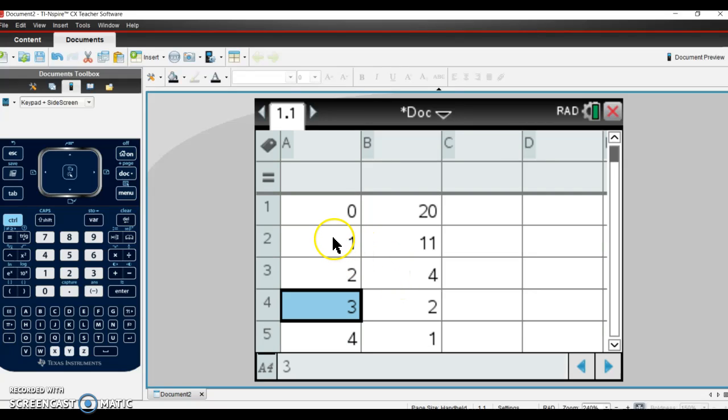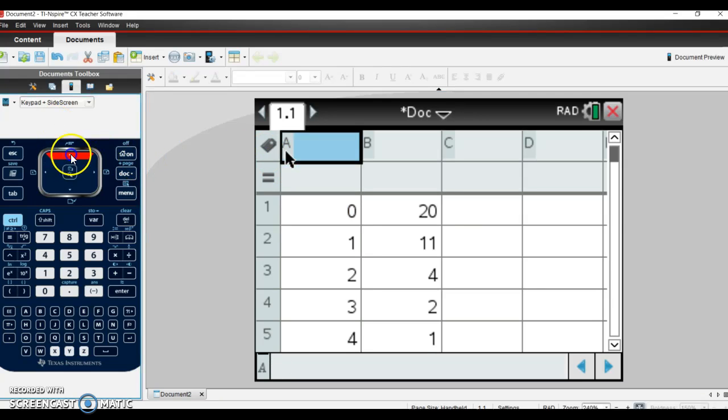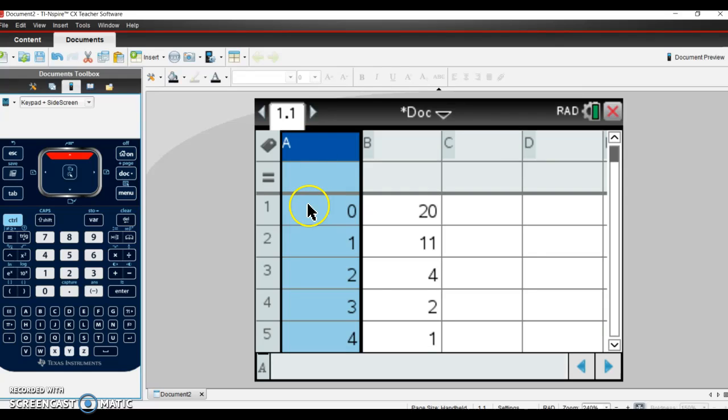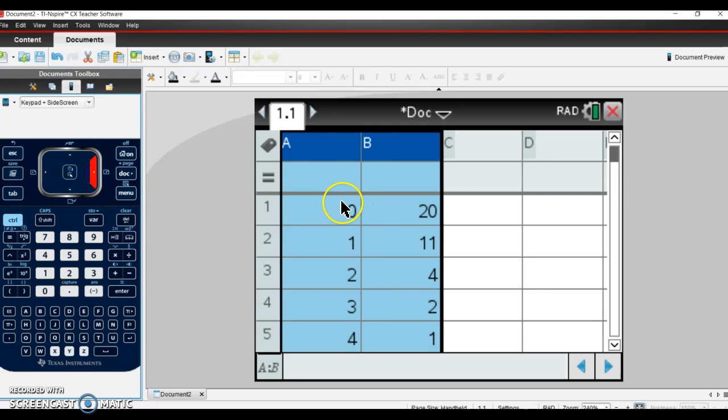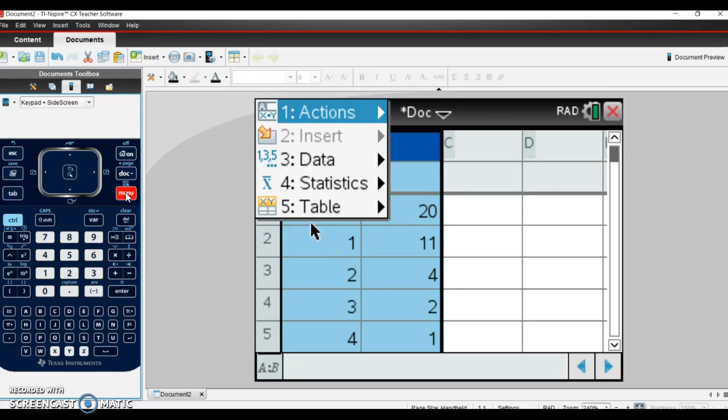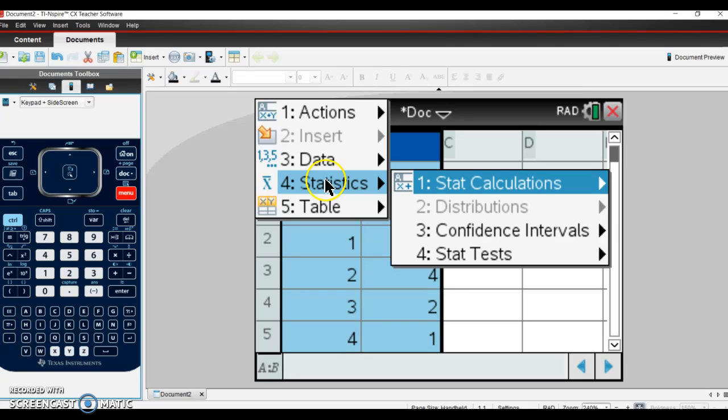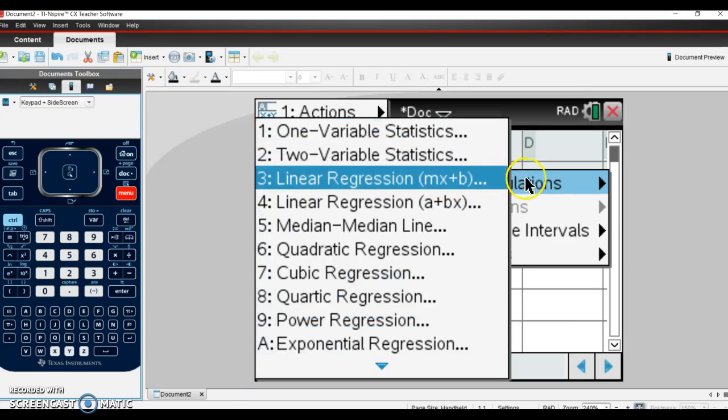Now, in order to get the equation that goes through those points, you're going to come over to the A column and you're going to click up until this row is highlighted. You're going to click the Shift button and click over until these 2 rows are highlighted. You're going to choose Menu, number 4, which is Statistics, number 1, which is Stat Calculations, and depending on which